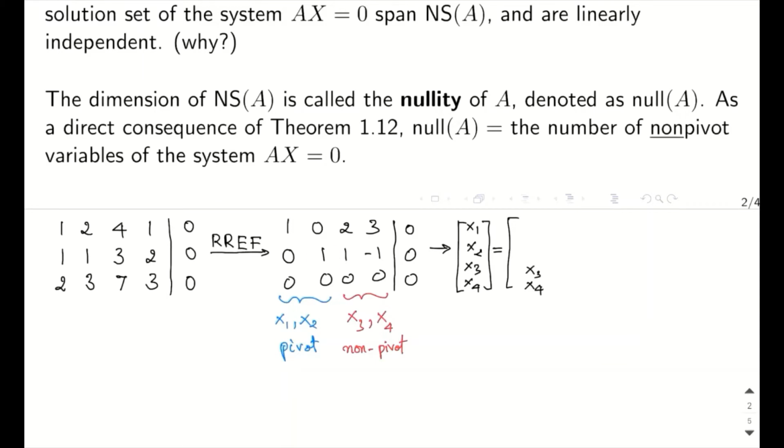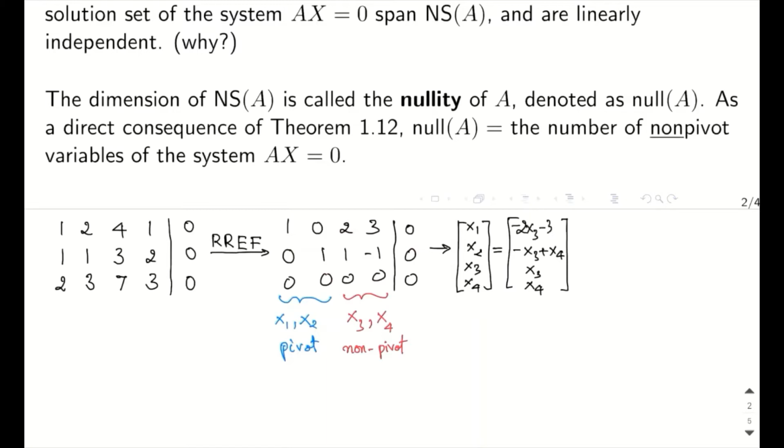From the equation here, this means x2 plus x3 minus x4 equals to 0. So that means x2 is negative x3 plus x4. And then you have x1 plus 2x3 plus 3x4 equals to 0. Right? So that is going to be negative